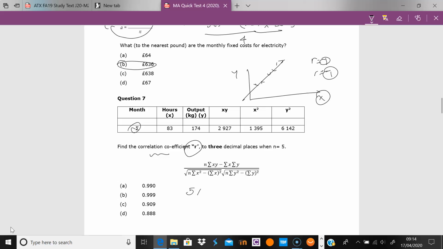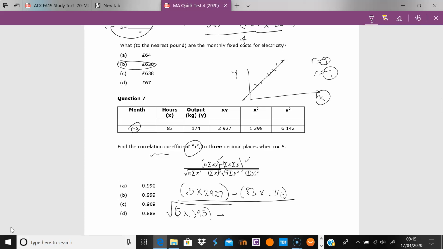So you're going 5 times the sum of xy, which is 2927. I'll put that all in a bracket, and I'll do it step by step, minus the sum of x, which is 83, times the sum of y, which is 174. That's done. Divided by, again, 5 times the sum of x squared, which is 1395. So I'll bracket this again, minus, of course, the sum of x,